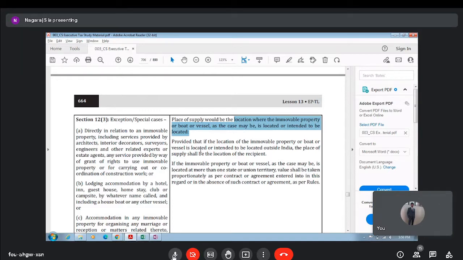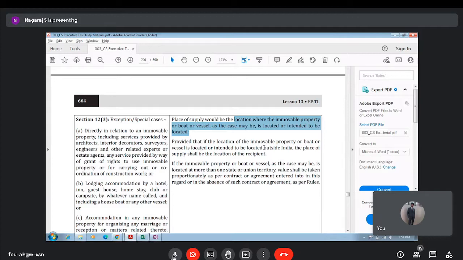Assume you guys are even richer. You want to build a building in Dubai, next to Burj Khalifa. You will employ all the service providers from India, and you are also a registered person. What is the place of supply? Dubai. Okay. But provided that if the location of the immovable property or boat or vessel is located or